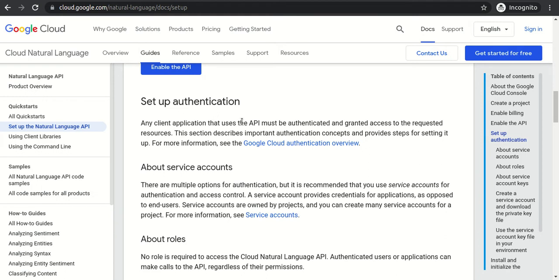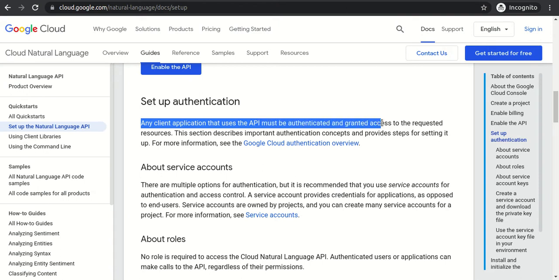If you read that, any client application that uses this API, the Cloud Natural Language API, must be authenticated and granted access to the requested resource, right? So either the particular person is authenticated, or the particular service is authenticated.